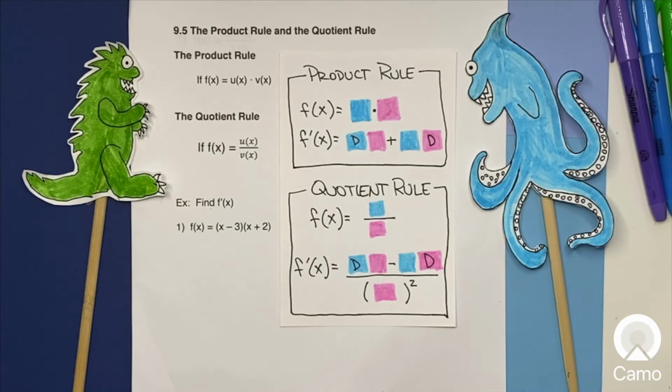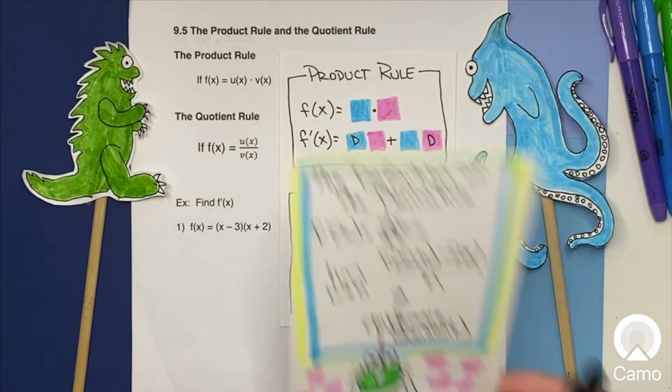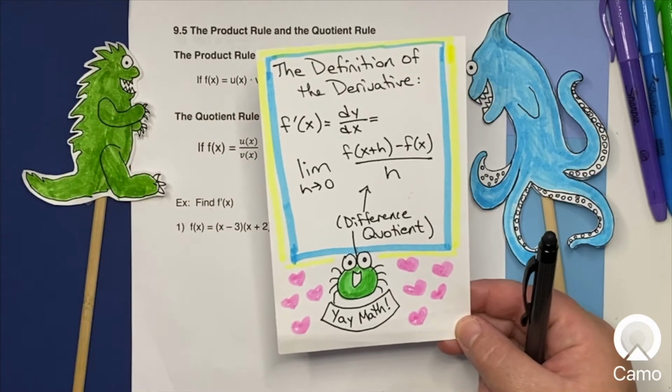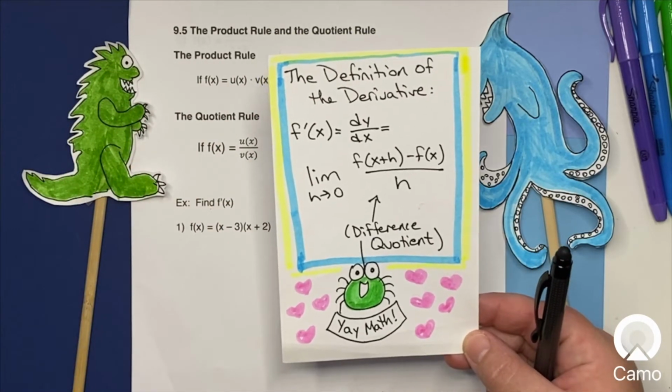Woohoo! We are recording. This is 9.5, the product rule and the quotient rule. And so in this section, we're going to talk about some shortcuts, kind of, as to how to calculate derivatives without having to use, dun dun dun, the definition of the derivative. Now, the definition of the derivative is still the gold standard, but thankfully,